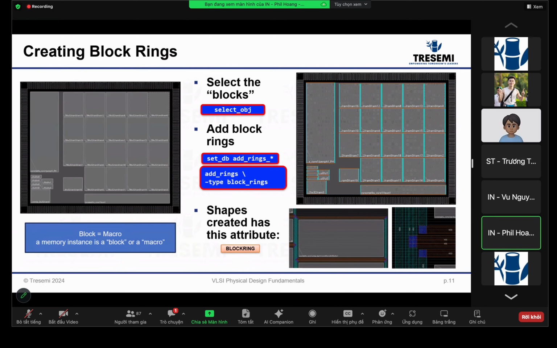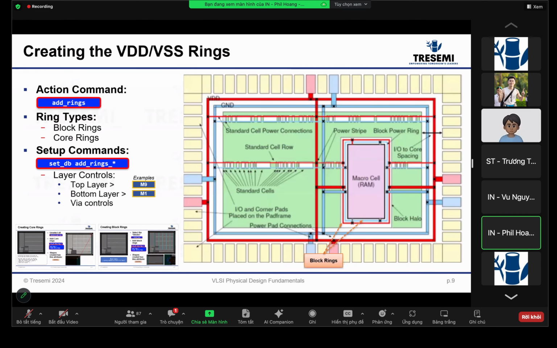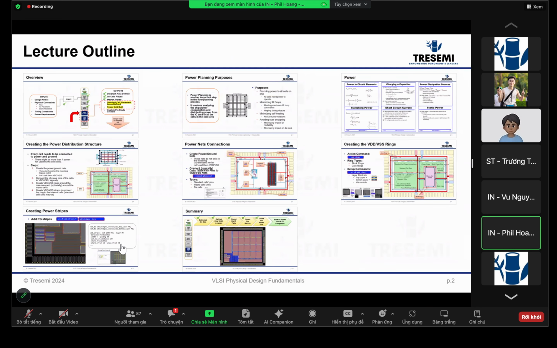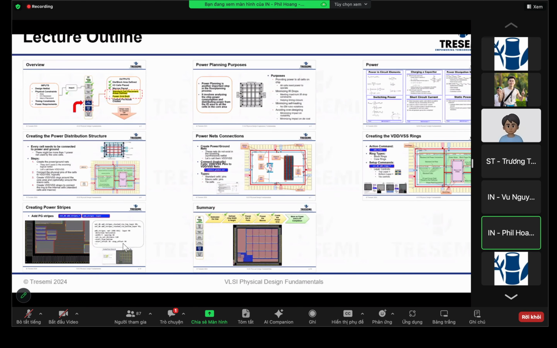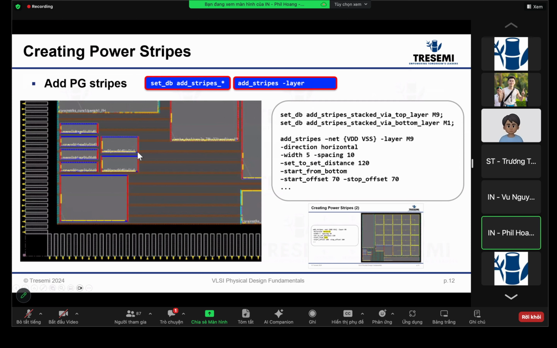Yeah, so that's a block ring, right? So that's pretty much for creation of the rings, and then the creation of stripes. Stripes are, like I said, straps. It's just lines, right? You see here, these are the rings. These are probably the IO rings, internal IO rings. In this test case, you already have internal rings, and then you build on the ring outside of it. It's kind of overkill, but anyway,